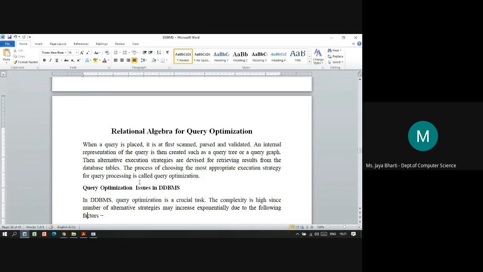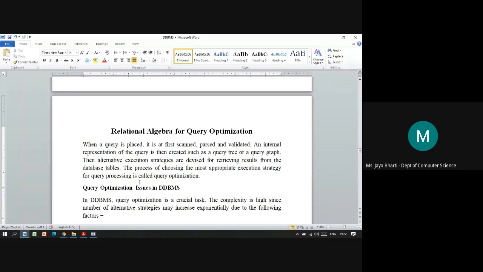First, the query is processed and converted into the internal representation in the form of a tree. Then, to retrieve the result from that query tree efficiently and faster, execution strategies are devised by the database systems.